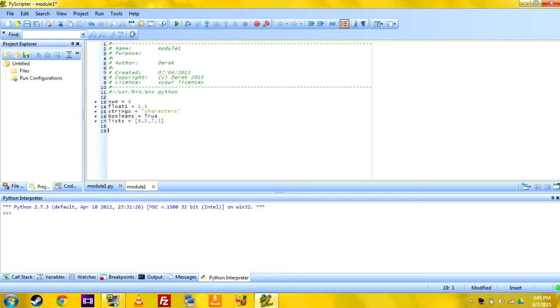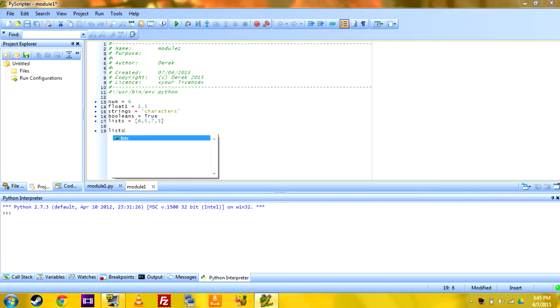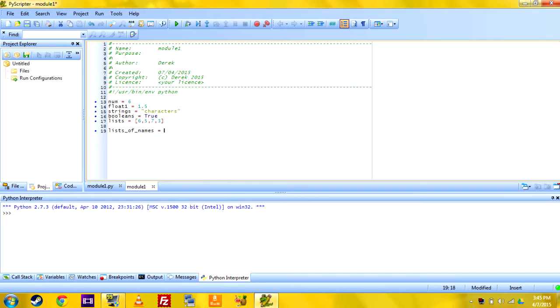And so one of the variables I want to show is called a dictionary. It's a lot like a list, but instead of associating it with just a placeholder like a 0 or 1 for the place it is in the array, so yeah, with lists you would do that and then you put the position it's in. But with the dictionary you can actually associate it with a string or something, so you can go like list of names, and then it uses these closed brackets or whatever you call them. And then inside here, if you want to use strings, you do like name, and then you do a colon, and then whatever you want to associate the name with, and so like Z, and then